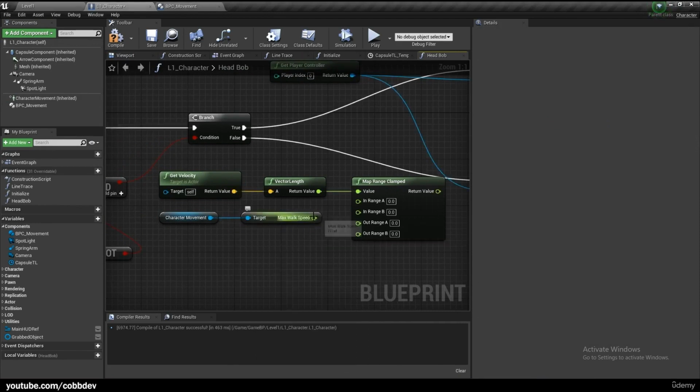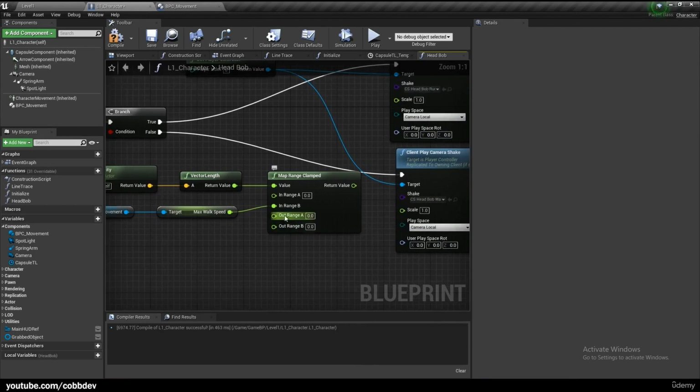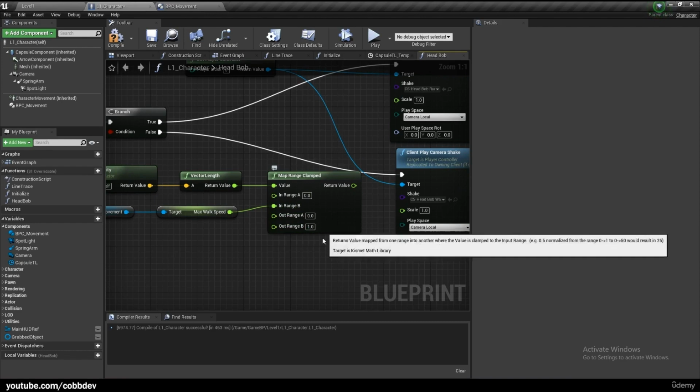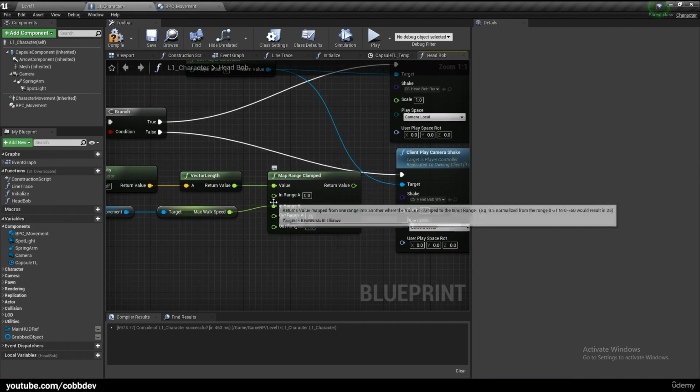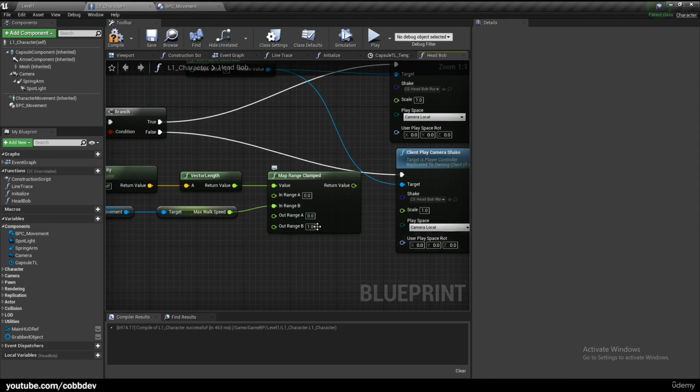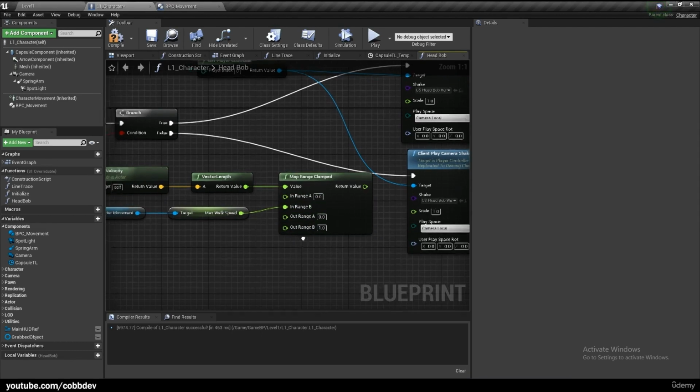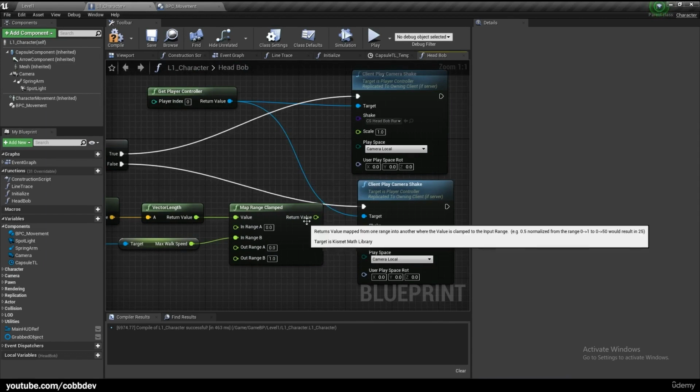So for example's sake, let's say this is 400. Now if our outrange A is 0 and our outrange B is 1, this will convert the range of 0 to 400 to 0 and 1. So 200 would output a value of 0.5, 100 would output a value of 0.25, 400 would output 1, 0 would output 0. So we can plug in this return value into the scales